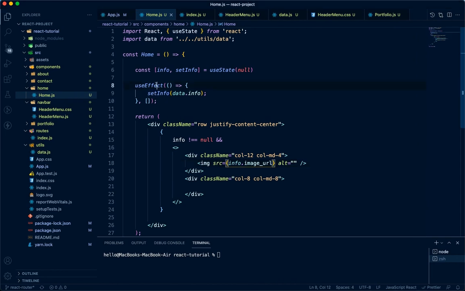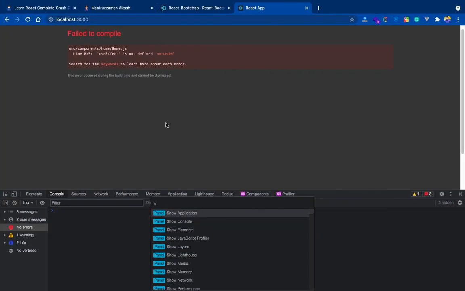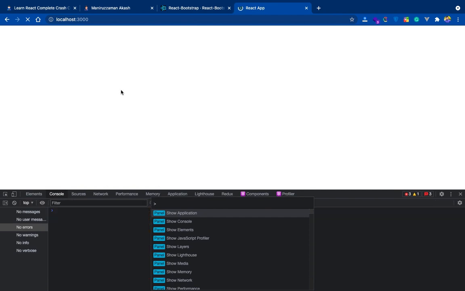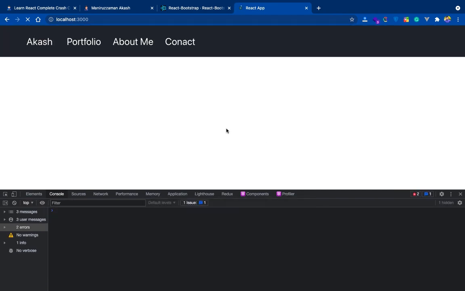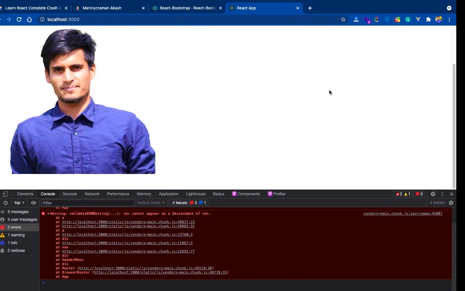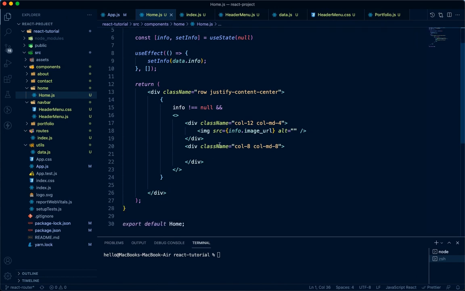So useEffect has to be used here. Okay, so reload. Okay, so we have got our image. That's great, awesome, and these are also working, no problem. And in the right sidebar we will show the text called